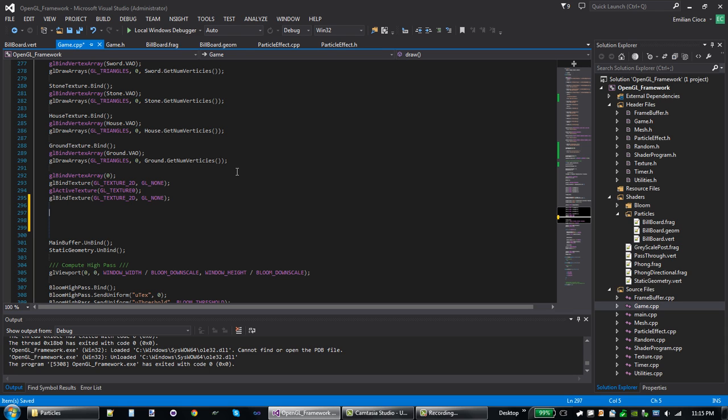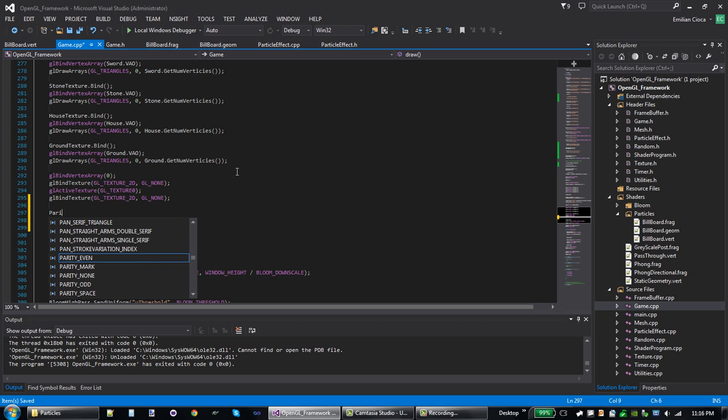That's one of the downsides to not writing to the depth buffer, is that things will only really look right if the things that don't write to depth are rendered last, because then of course anything rendered after won't be blind to certain elements of the scene. So let's take our particle